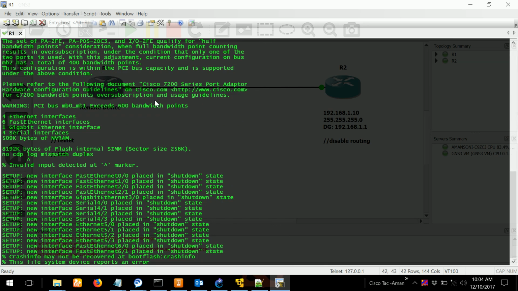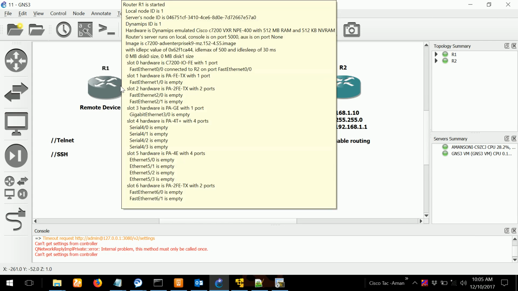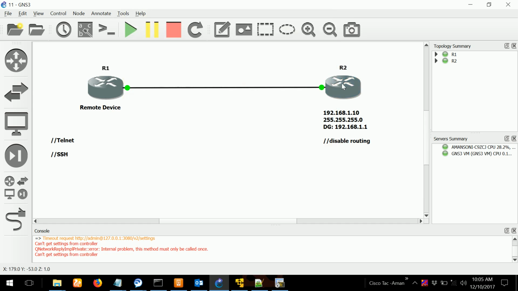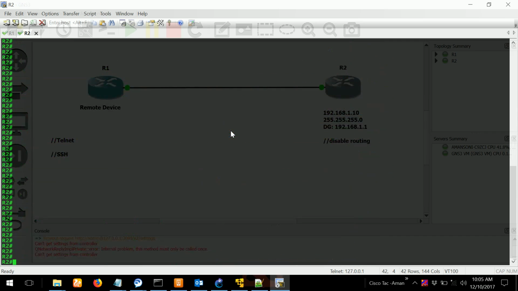But what we want is, we are sitting not here, we are sitting far away, maybe in another state or maybe in another country itself, and we are connected with that router via internet or some other connectivity, and we are sitting on a PC or maybe another router. When we are sitting on that other router, from that router we will do either Telnet or SSH and give the IP address of that R1, and remotely the console of this R1 will open here on R2.